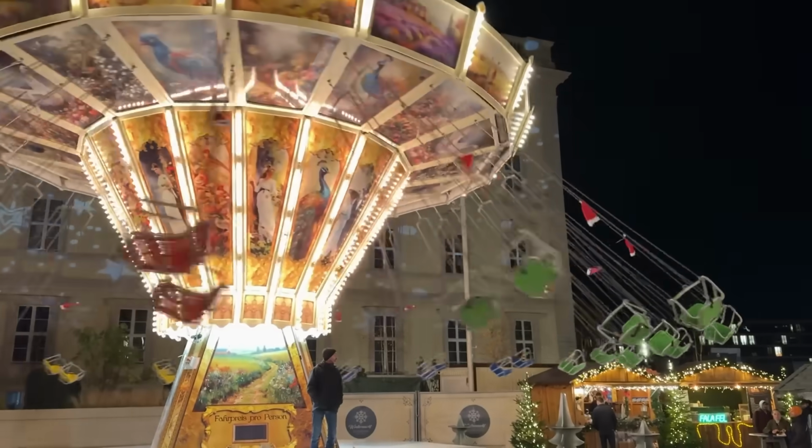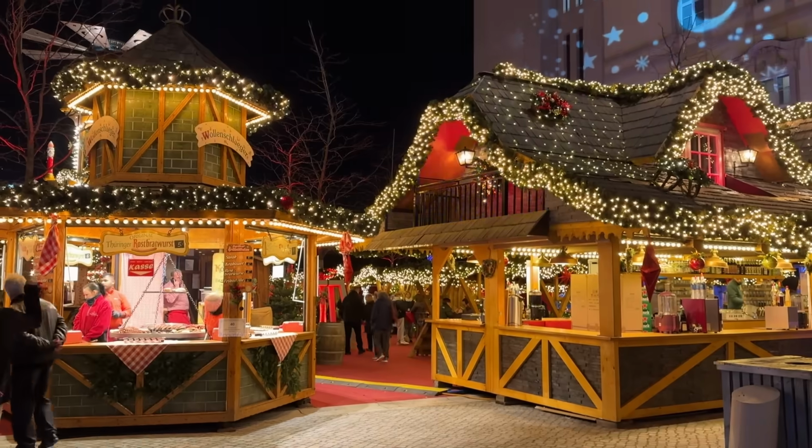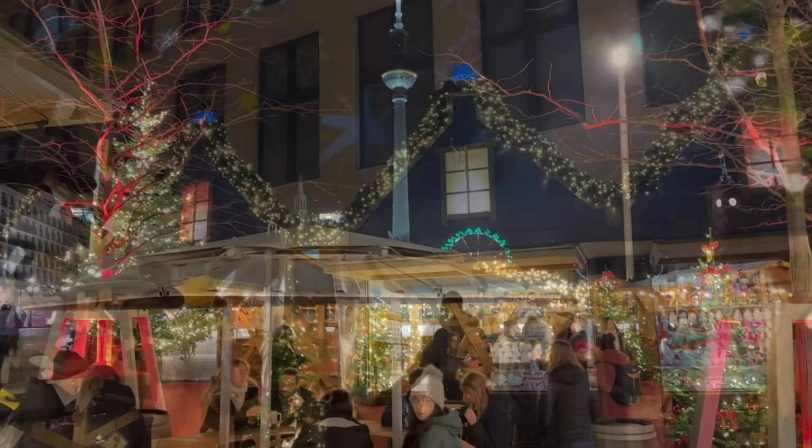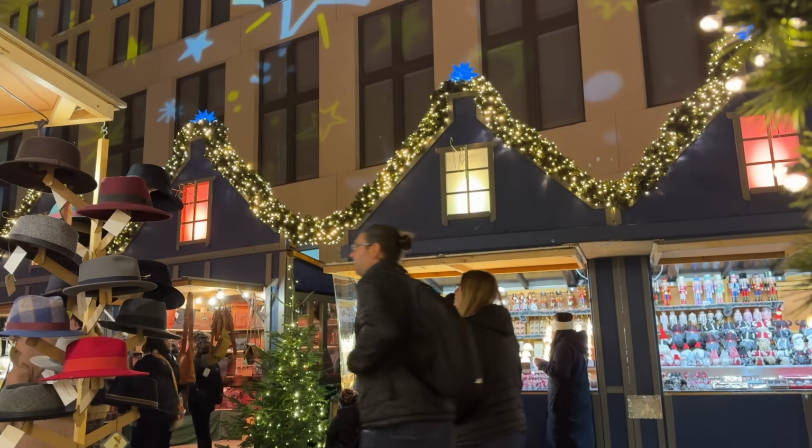They are so into their markets that some will have local ones and there's bigger ones. There's always multiple going on in each city at one time, and that is so cool. This one is actually called the Winter Market at Humboldt Forum, and it's a little bit more laid back. There's also some more international cuisine that we saw here at this one, but it is lit really cool, and